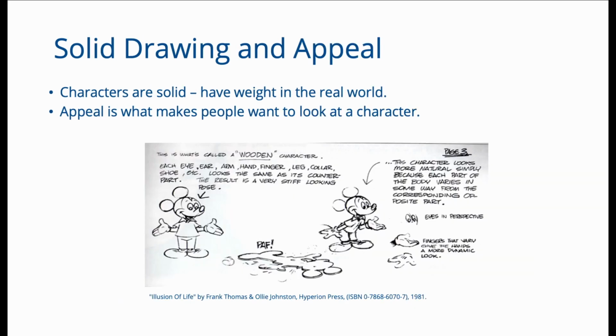And the final one is that you should always draw in perspective. So characters, again, they have volume and they have weight. And when you draw in perspective, remember that some sort of perspective foreshortening will apply. So in Mickey, you can see that one of the eyes is slightly smaller, giving a sense of perspective. There is some solidity to his body. Basically, you have to be aware that you are drawing a volumetric character and you are not drawing something that is made up of a flat sheet of cardboard, because that is not interesting at all.